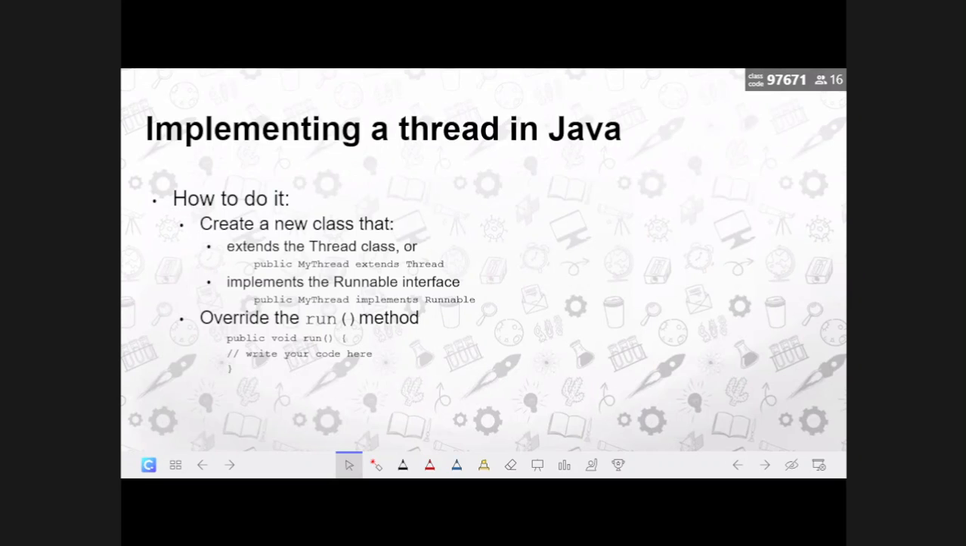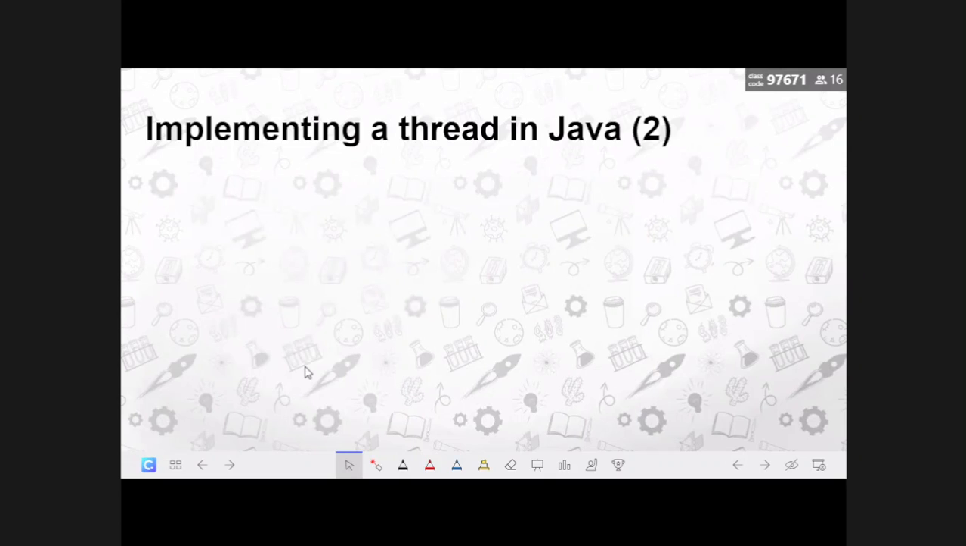So we need to write the code somewhere over here. You'll probably need to add something at the top, but it's the job of the IDE to do that. But let's focus on the run method. After we override the run method and write our code inside it, the next thing to do is